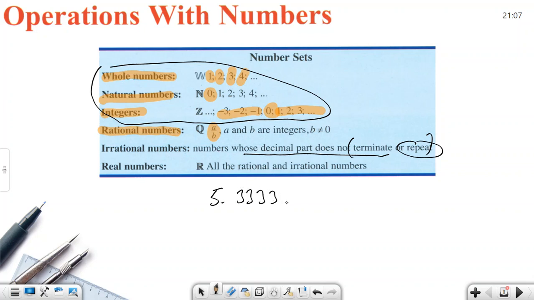5.3333, it's a repeating decimal. If you continue it, we call it 5.3 repeating, so we can write it as 5 whole and 1 over 9. So we can write it as a fraction, it's going to be 46 over 9. 9 times 5 is 45, plus 1, 46 over 9. When it's a repeating decimal, there is a way to write it as a fraction. But if it's not repeating, such as